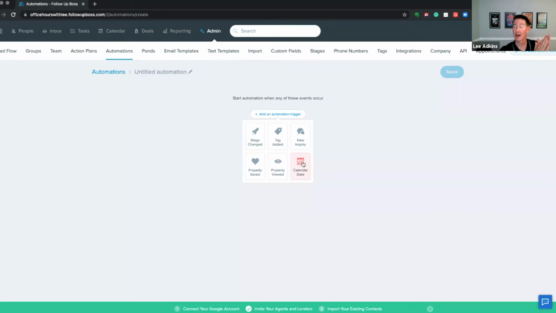And an action plan can obviously do a number of things. It can send an email. It can notify the agent via a task or a note. It can start or stop action plans. It can add a collaborator. It's going to be a good test for me to see if I can remember all the things action plans can do.